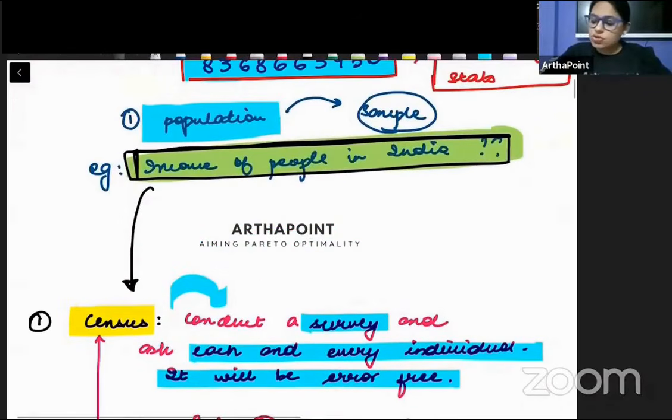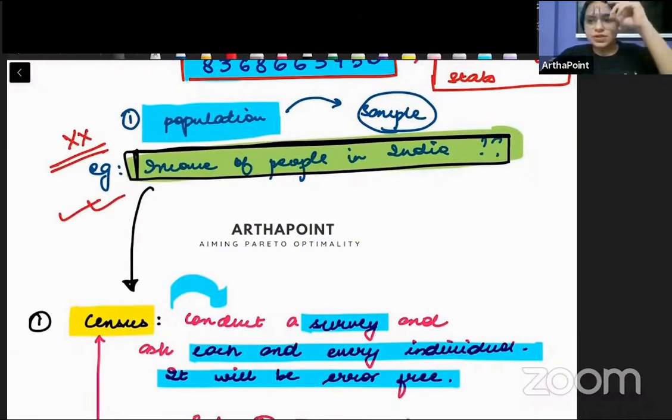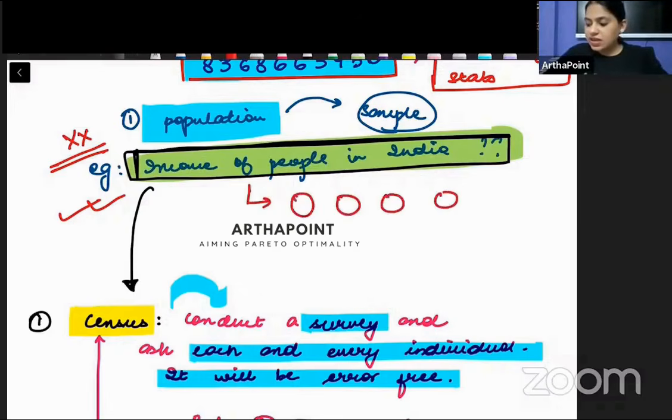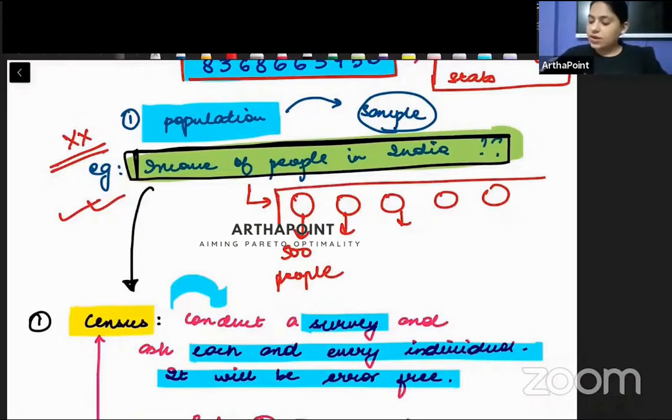So imagine, suppose due to some reason, I am not able to collect the information of all the people in India. और इसका एक बहुत बड़ा रीजन ये हो सकता है that the population is huge and I don't have time to collect information about every individual. हर इंडिविजुअल के बारे में जानने का, उसको समझने का कि उसके पास कितना इनकम है, I don't have time for that. So let's say what I do is I decide that from every state I will ask the income of say 500 people. From every state I will ask income of 500 people. And that will go ahead and become my sample.